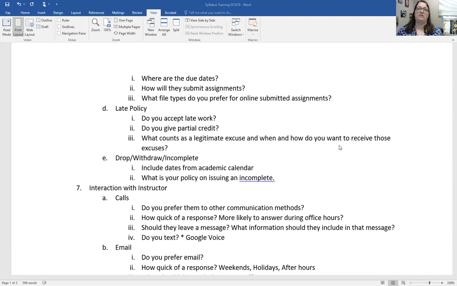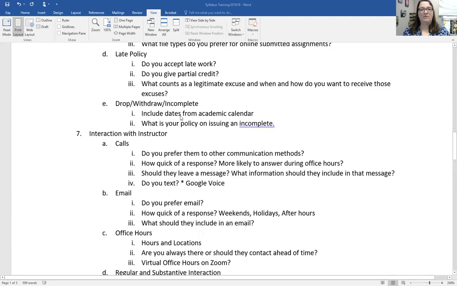Do they need to be emailed to you? Do they need to call you on the phone? Do they need to come to class and explain? Then drop, withdraw, incomplete. We suggest including the dates from the academic calendar on there so students are aware, okay,